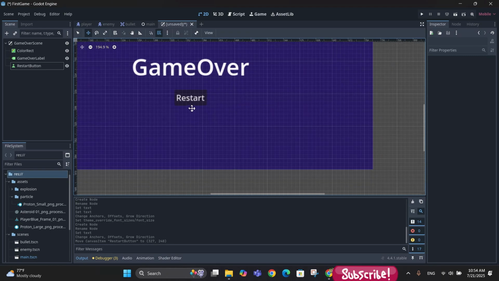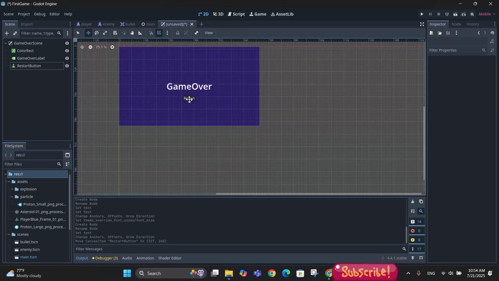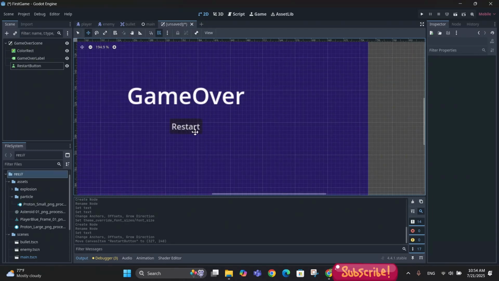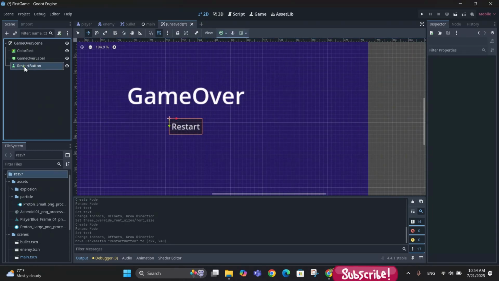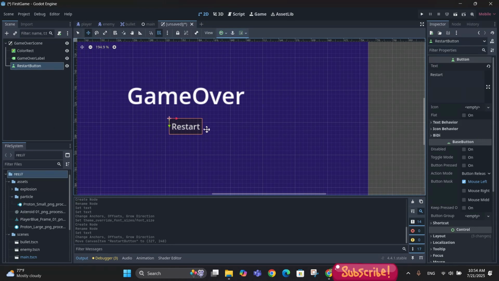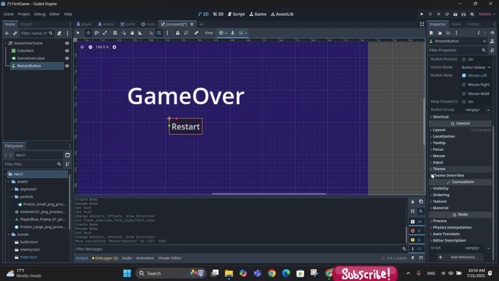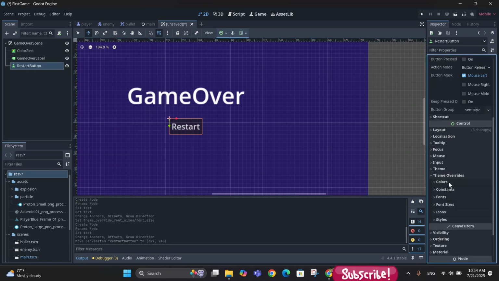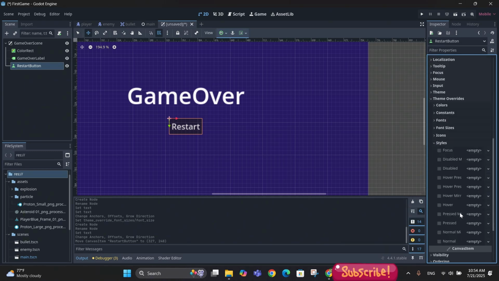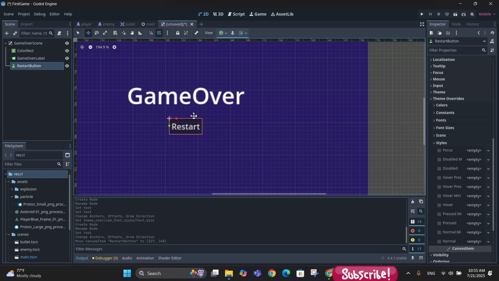It doesn't look nice. Yeah, just black and blacker and nothing. Let's modify this button. Click on the restart button, and to modify our button theme, we go to the inspector and go downwards, and there is something called theme override. Just click here, and we see a lot of things, and click on styles, and here we have got different options. So when the button is in the normal state,